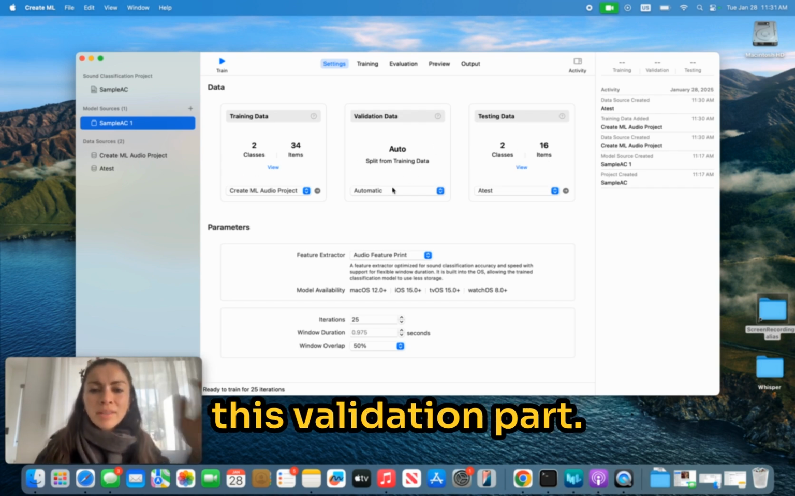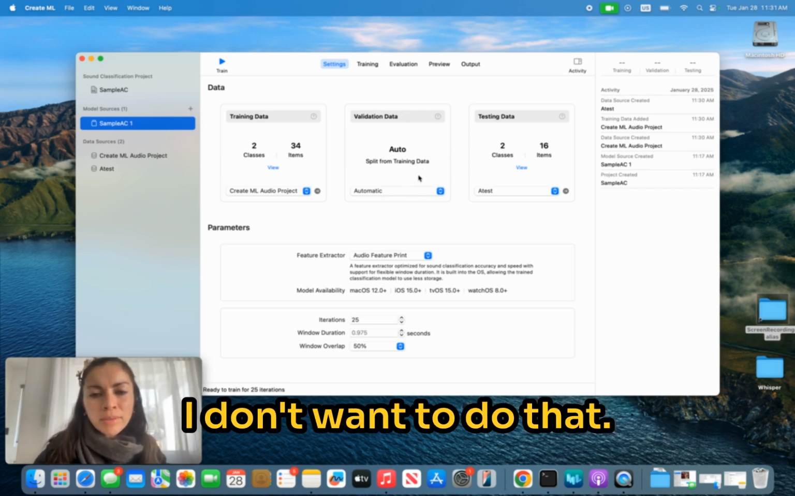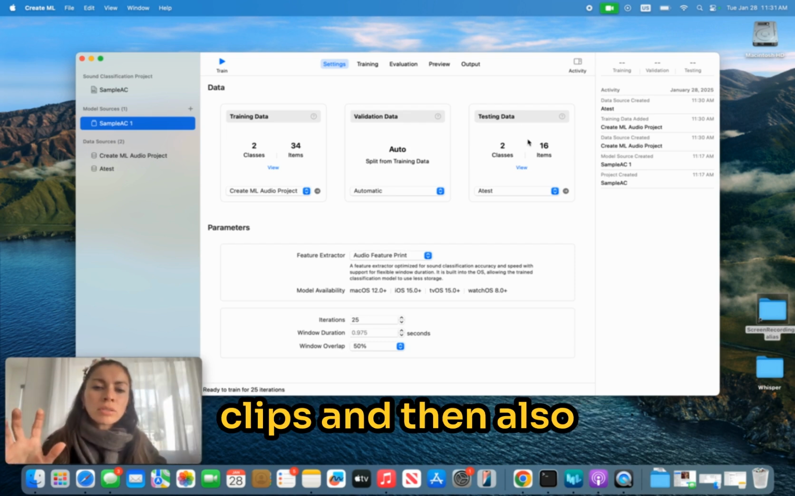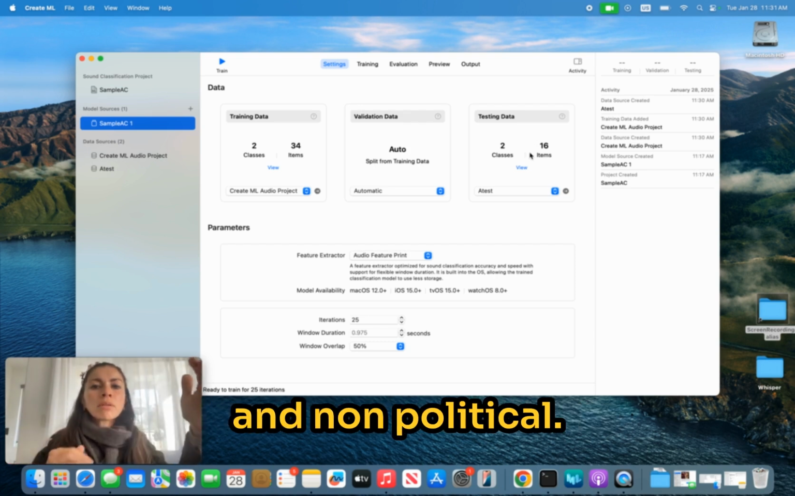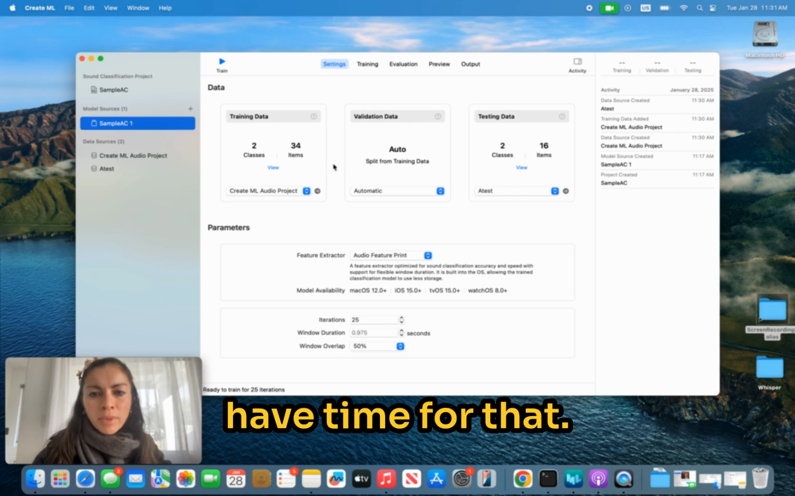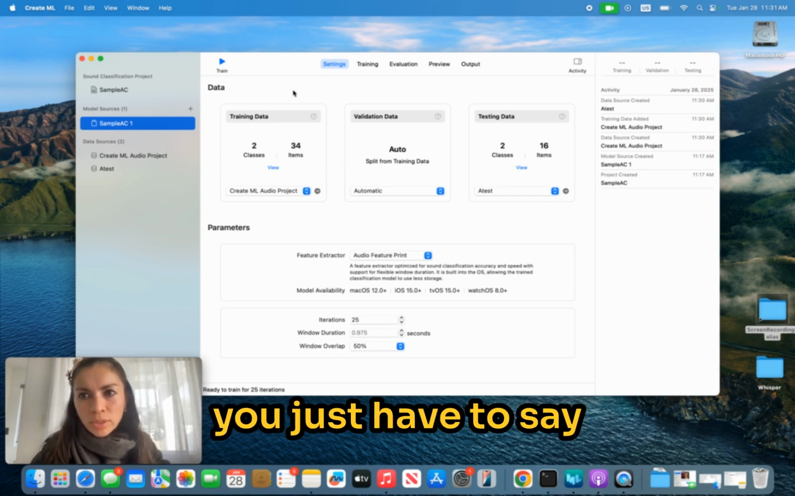And then there's this validation part. We're going to skip it for now. I don't want to do that. You would need to have yet another folder called validation clips, and then also split into political and non-political. And for now, I don't have time for that. But once you do that, you just have to say,